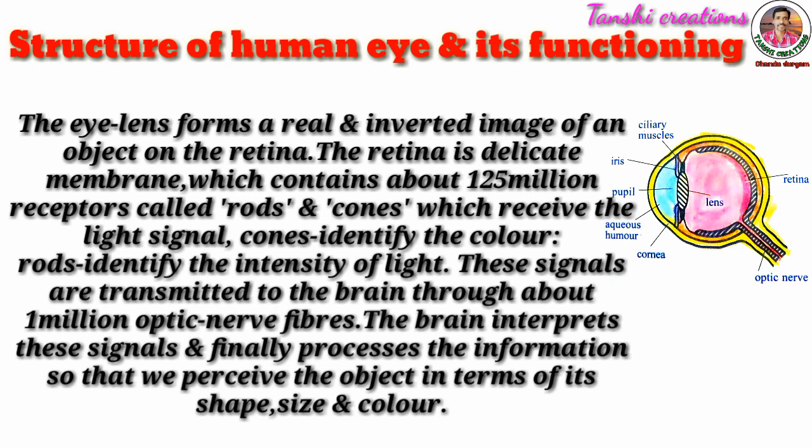Okay children, this is the structure of the human eye and its functioning. In this class, you have learned that the eye lens itself changes its focal length in accordance with the distance of the object with the help of ciliary muscles. If it is not possible, what will happen? What are defects of vision? Is there any limit to the change of focal length of the eye lens? These we will learn in the next class.